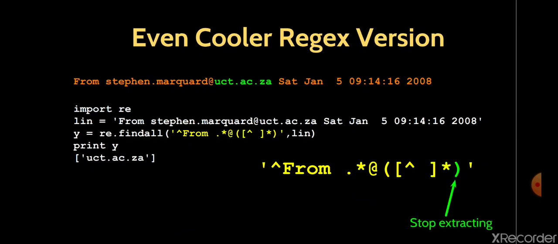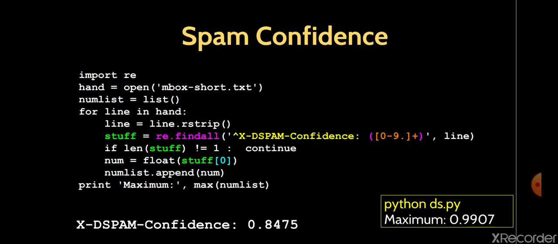So as you can see, we will stop extracting here at the close parenthesis. And this particular cryptic code can also be used to extract a float number. The same example we have taken as an exercise in the strings chapter also. There our job was to extract the lines that start with X-DSPAM-Confidence, and extract only the float number. This can also be done by using a simple findall method.